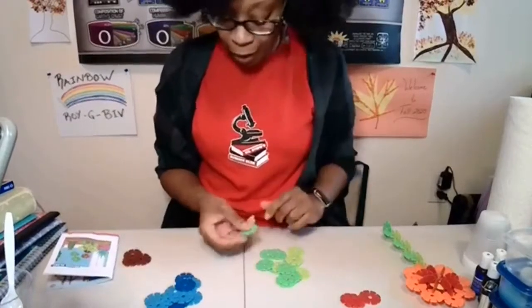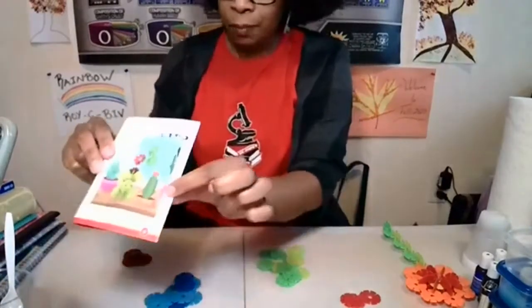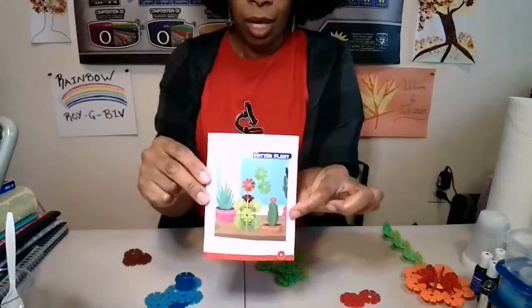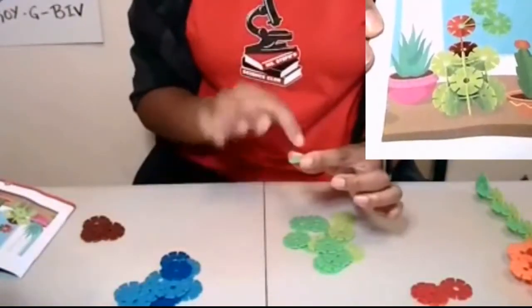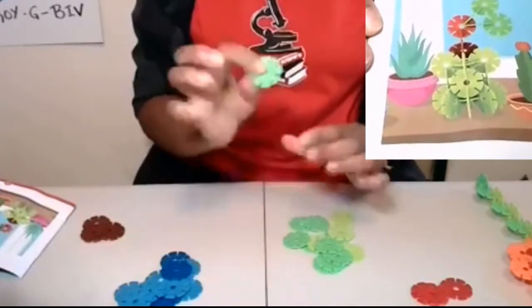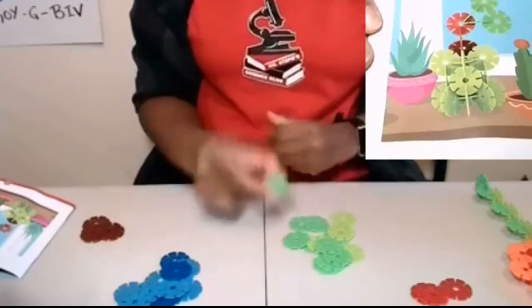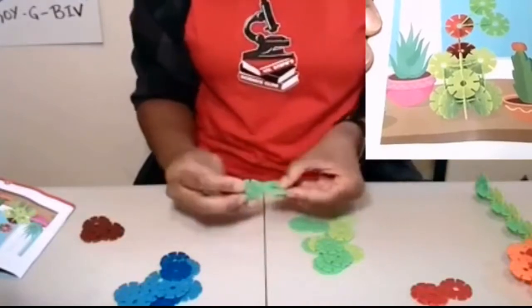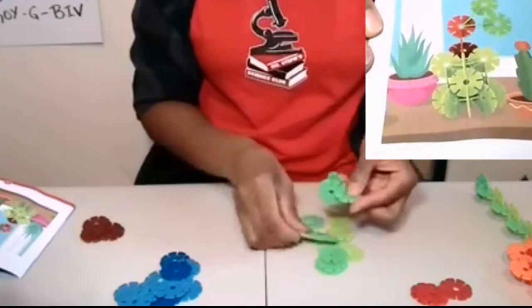All right, so like I said, there's just a picture here. So I'm going to attempt, let me show you all the picture so you can see it. I'm going to attempt to work it out based on the picture. There are 1, 2, 3, 4, 5, 6, 7, 8, like I said, spokes. So it's looking like our foundational piece is a green piece, okay? That's laying flat. And then I'm going to add,